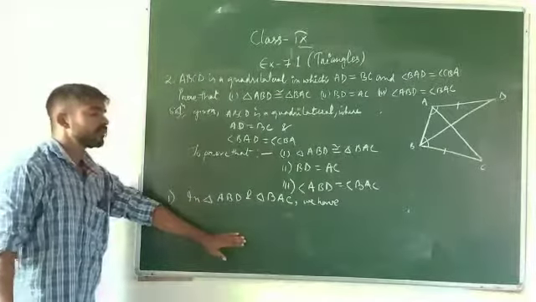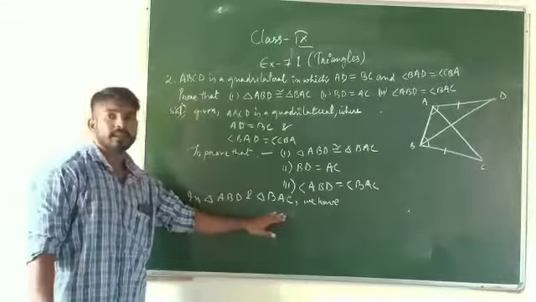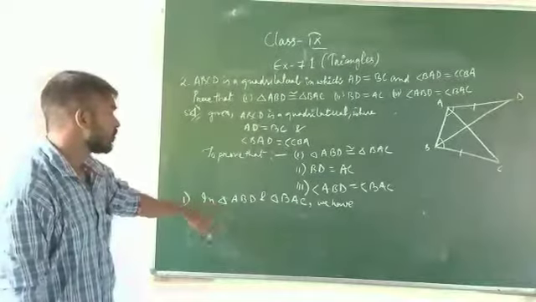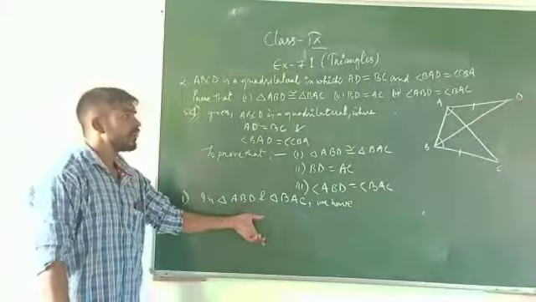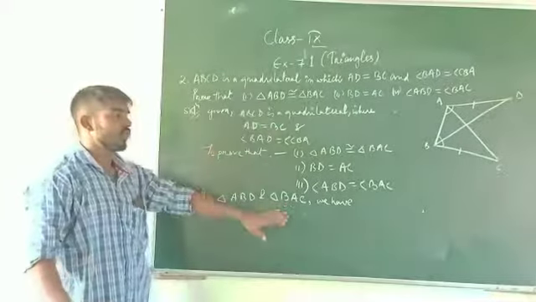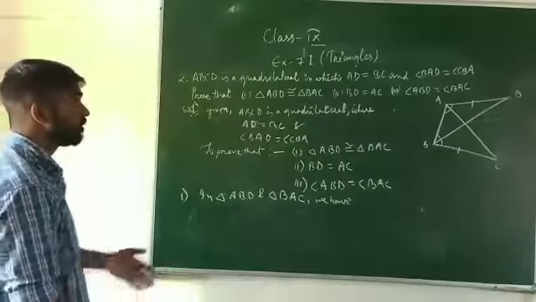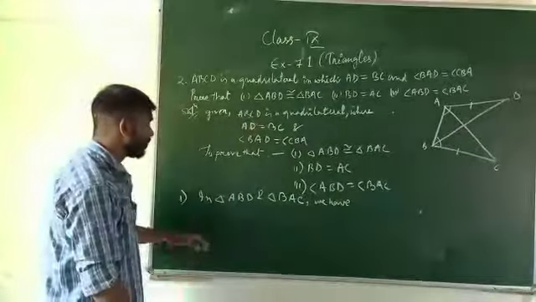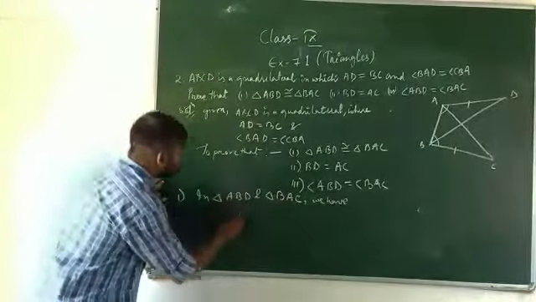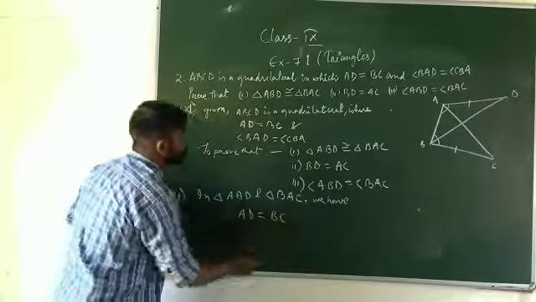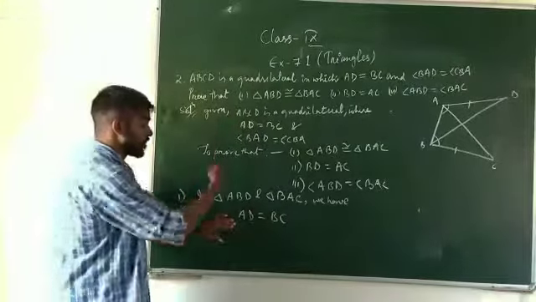For proving two triangles congruent, as I have solved in the last question, in the first video of this chapter, question number 1, we have to show that any three parts of these two triangles are equal. So let's begin. Let's see what three things are equal in these two triangles. So AD equal to BC, as it was given in the question.